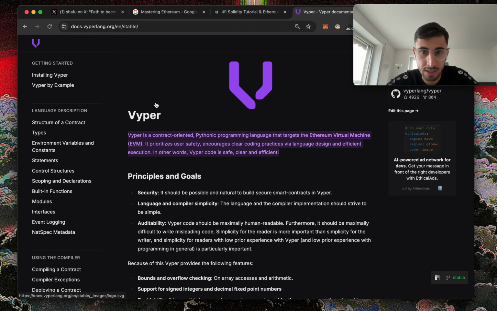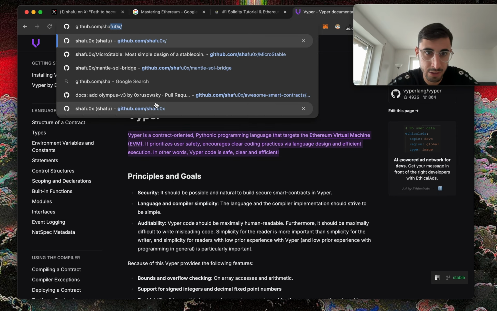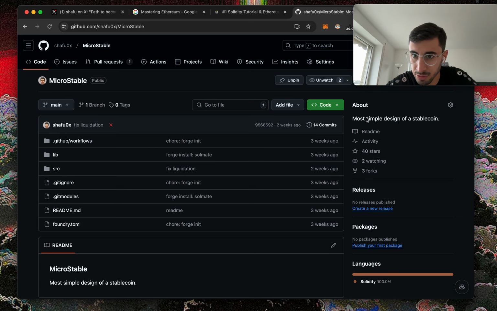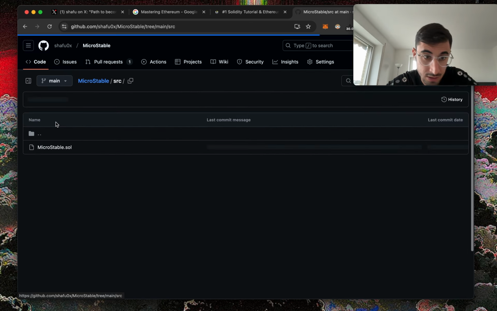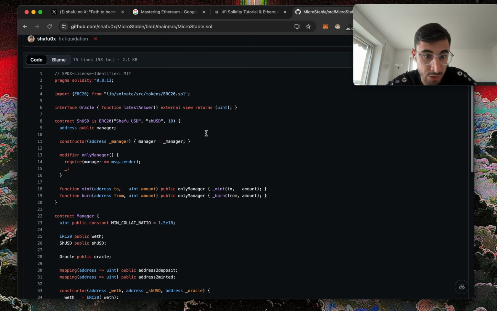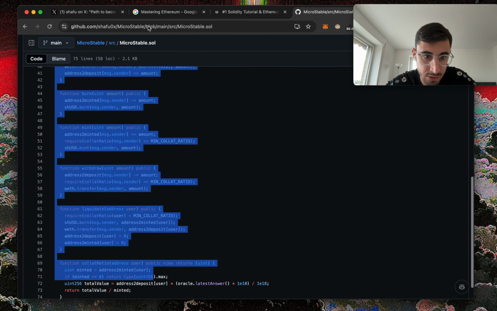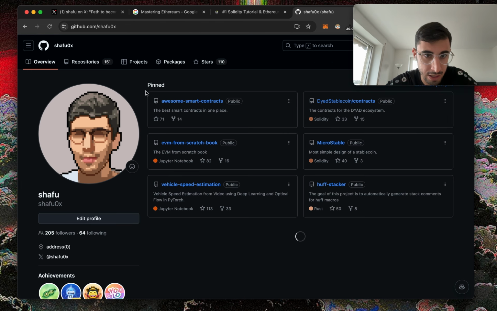Maybe do a stable coin, which is a real project, microstable. This is what I wrote. It's the most simple design of a stable coin. This is an actually working thing. Try to re-implement this in Vyper. Look at the implementation in Solidity, try to re-implement this in Vyper, and then you can actually look at